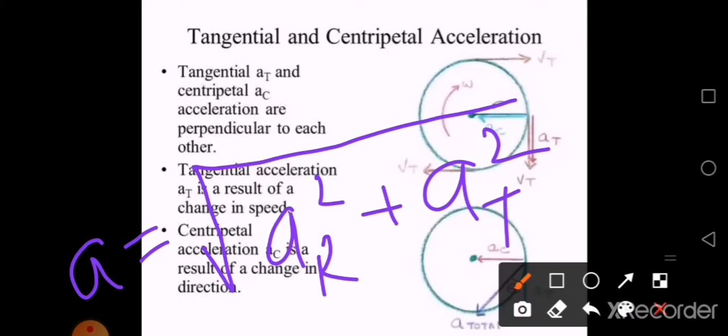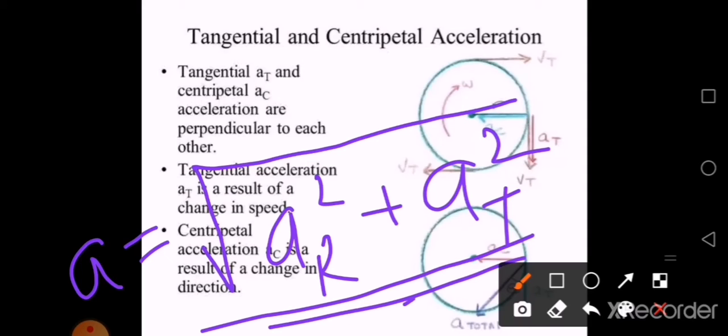Now one thing, in a variable circular motion of the particle, both are perpendicular. I told you both are variable also. Radial acceleration is also variable, tangential acceleration is also variable. Due to this reason only the resultant acceleration is also variable, and in case of a resultant acceleration it will not be directed towards the center of the circle. Okay, that is all about your tangential acceleration or variable circular motion.